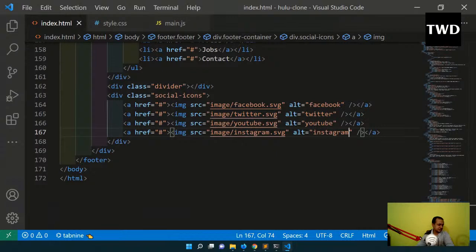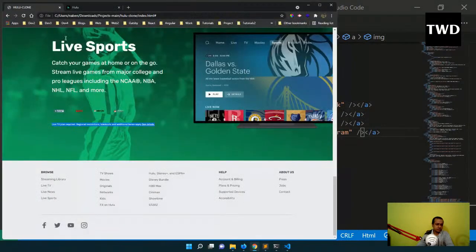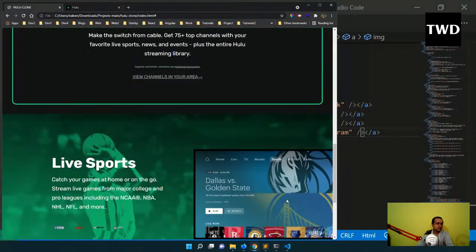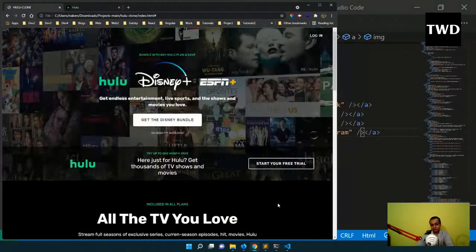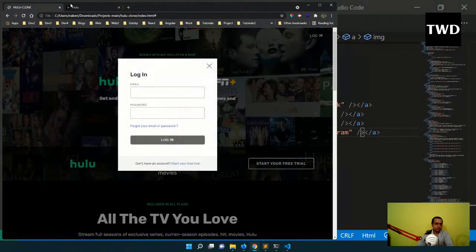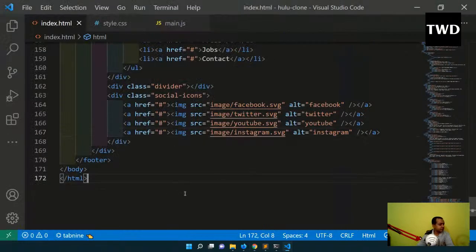Okay, so one more thing is there. The thing is that which I have not told earlier. See, there is a bit of JavaScript. I was telling there is only a bit of JavaScript. See, this login is there. If I click on this login, a pop-up will be opening. So we have to create this pop-up also, and that will be a modal window, and we are going to create that,